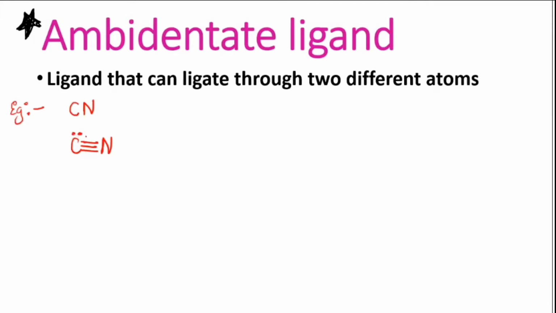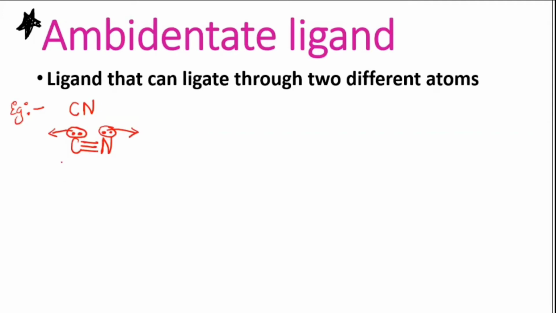According to the Lewis structure, I'm just writing the Lewis structure, okay? So here, one pair will be still remaining. Similarly with the nitrogen also, there will again be one pair still remaining. So now you can see here, this carbon can also donate and this nitrogen can also donate. So from both sides, the donation can happen. So cyanide is one such group.